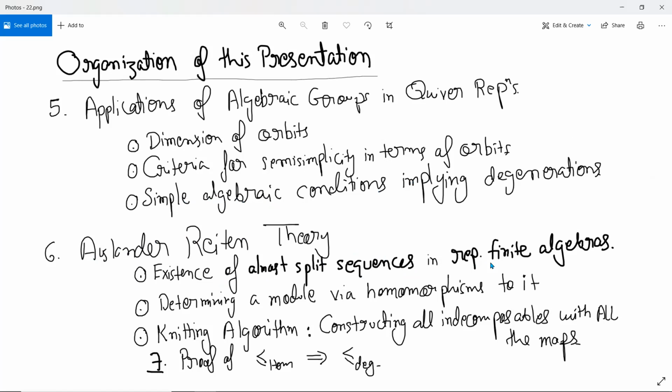But we will only do it in the representation finite case, which is much simpler than the general case. Okay, nice. So this is one, and then there are applications of Auslander-Reiten theory which we will use in the proofs, which is how to determine a module up to isomorphism using homomorphisms to it. And then again, this will be another important thing in the proof,